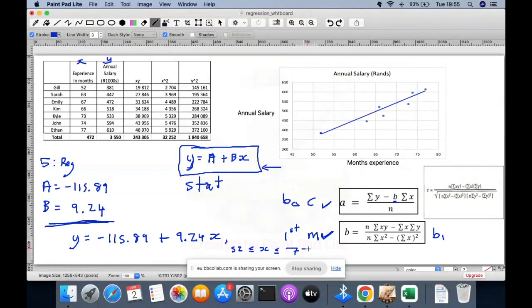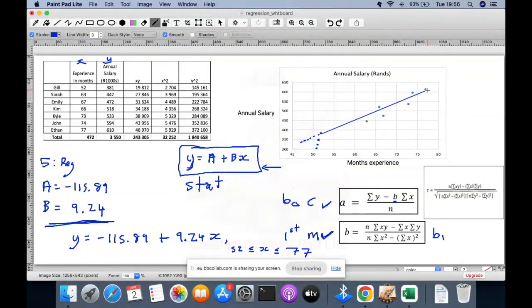So this equation only holds true for this domain, within this limit of x values from 52 to 77. There's a reason why we say that: we can see that this data can be explained by a straight line. It's not a bad guess. However, for values much lower than 52, the data could be different. You could have dots falling down in an extreme value. So the line is really going to badly estimate